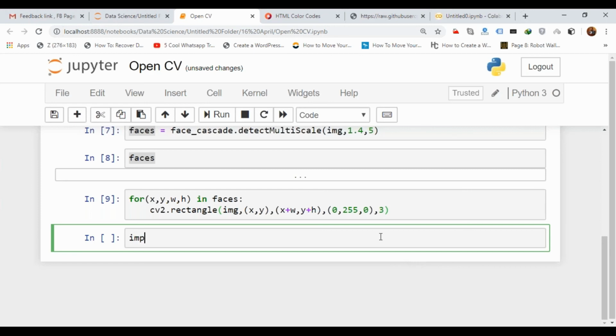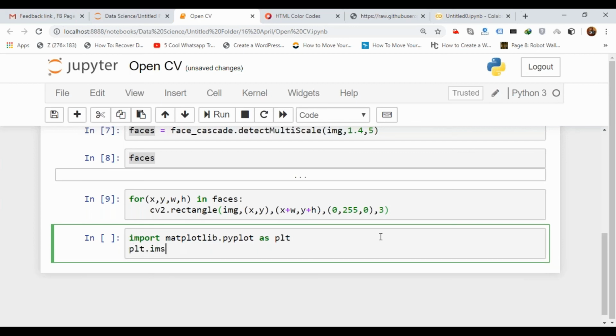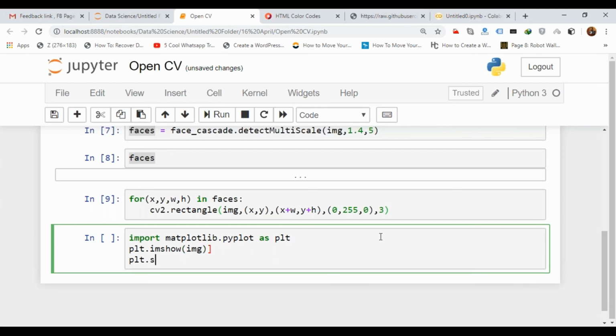If you want to see, you can see like this: import matplotlib dot pyplot as plt, plt dot imshow. Here you can write img, plt dot show.